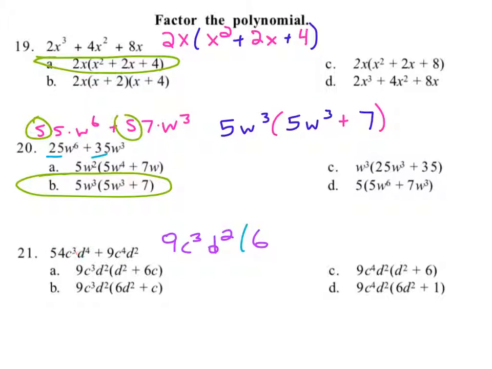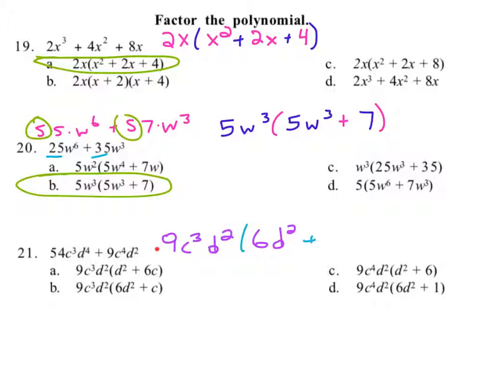Notice that there's c to the third here, and that's what we pulled out. So there's no more c's at all in there. You don't write any c's in there because there's none in there anymore. Okay, and it had d to the fourth here. D to the fourth, we've got 2 of those 4 d's here, so we need another 2 of them, d squared there. Okay, plus,